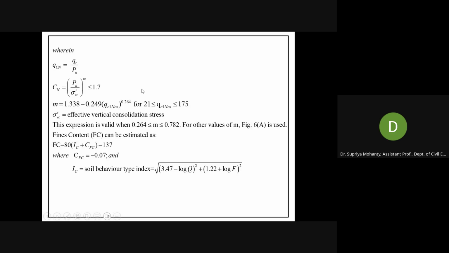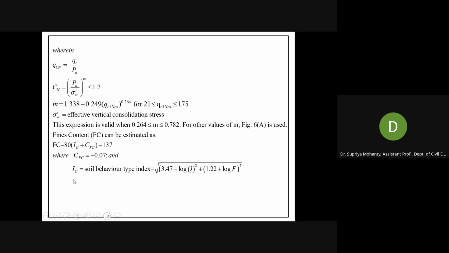This expression is valid for QC1NCS between 21 and 175. For values higher than that, the soil is stiff, so it may not liquefy. So this is only applicable for this range of your corrected tip resistance. And the fine content correction factor, FC, you can calculate using this expression, which is also a function of IC and CFC. CFC is minus